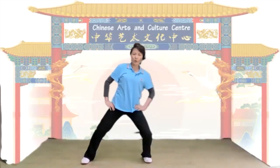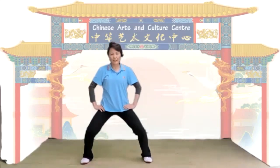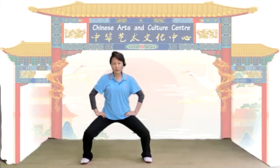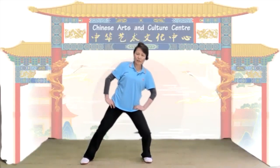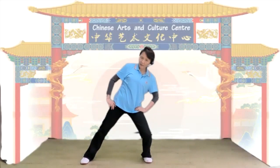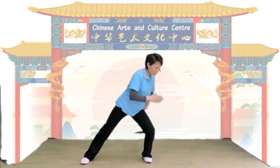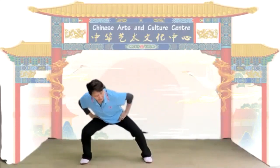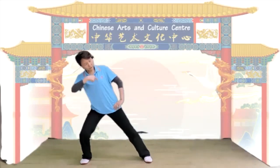And then transfer weight back to the center. Return to horse riding stance. Good. You can sit down a little more if you feel comfortable and rise and work our way back. Shift your weight, create the second diagonal line and rotate from the shoulder and let the chest coming towards the knee and shift your weight, sway all the way, shift your weight to your left and then reach to the